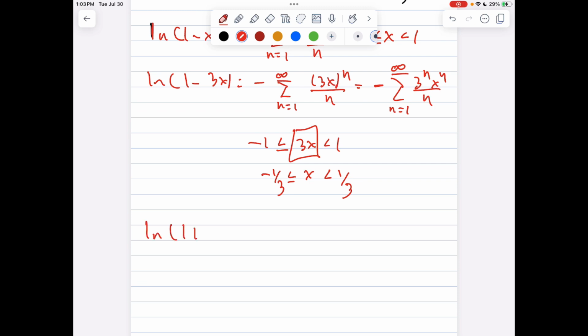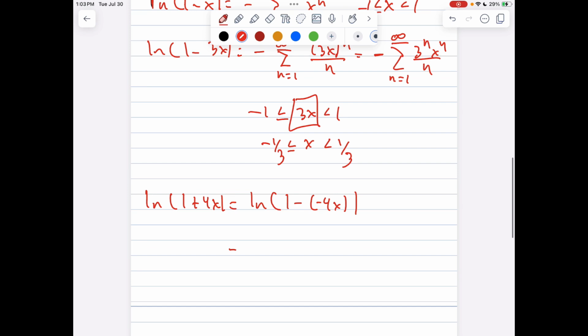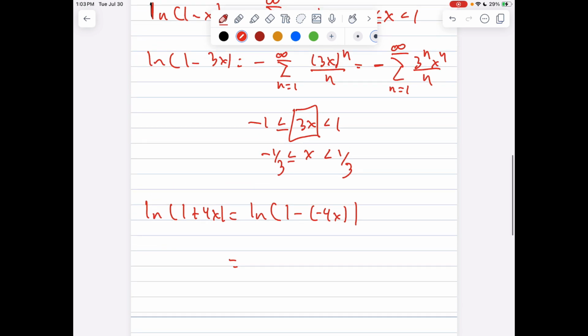Now with ln of 1 plus 4x, I'm going to use the series for ln of 1 minus x, but I'm going to note that ln of 1 plus 4x is like saying ln of 1 minus negative 4x, so I can match my series here. And that would equal minus sigma from 1 to infinity of negative 4x to the nth power all over n,